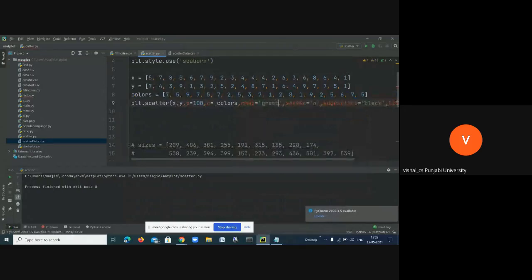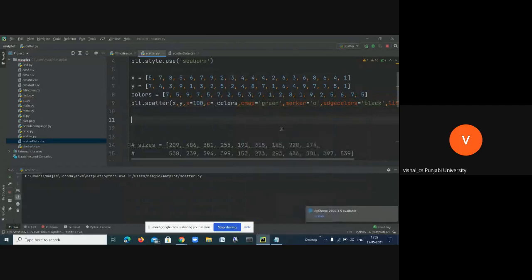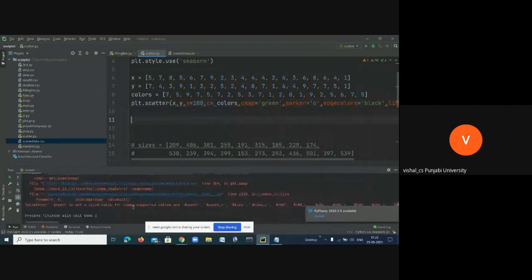I have to change the legend also. Okay, I'll see what will happen with this. Now see, I have used the argument color map.